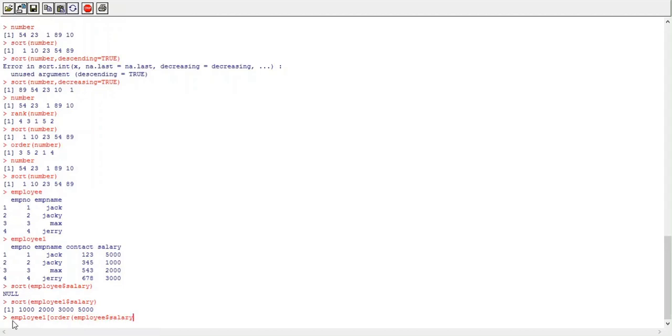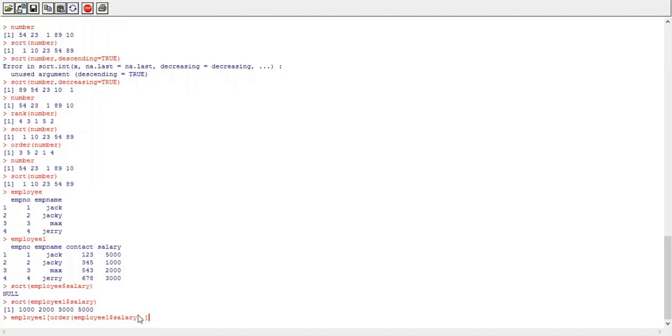So the data frame is employee1, and the column is employee1$salary, then a comma, and close the square bracket.